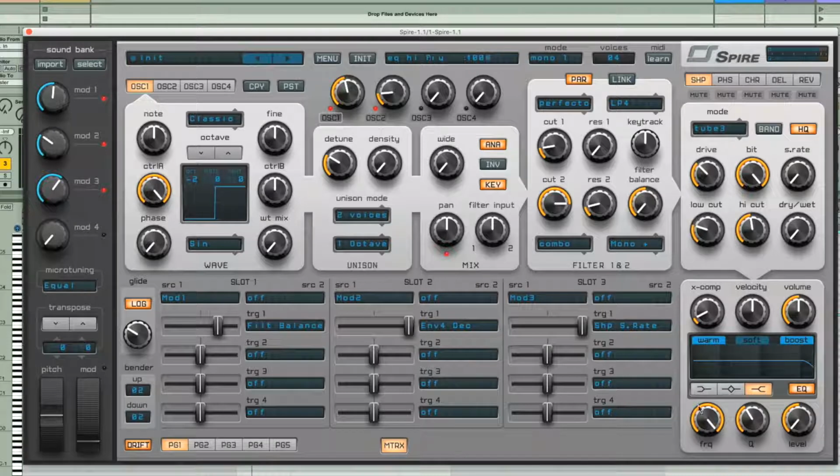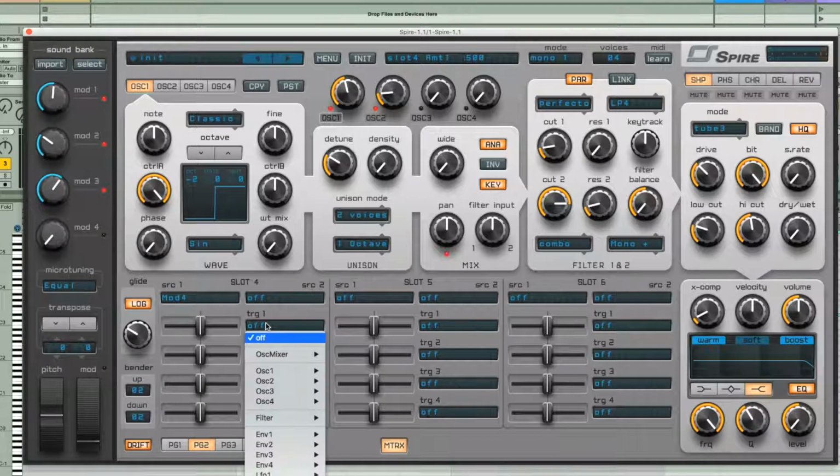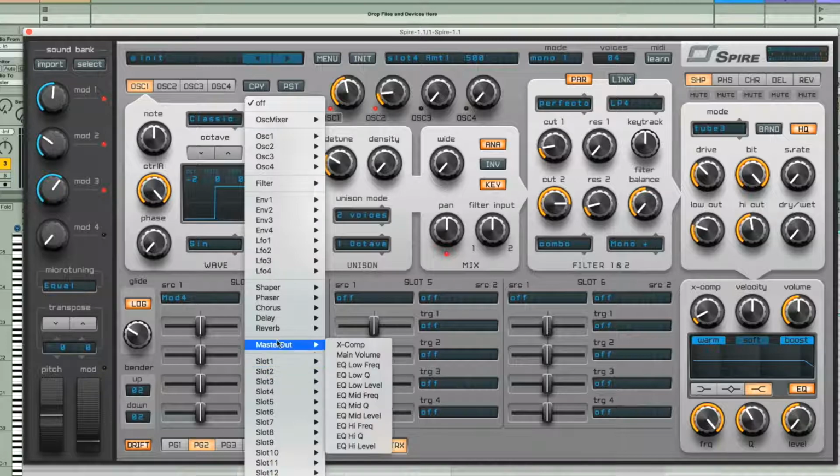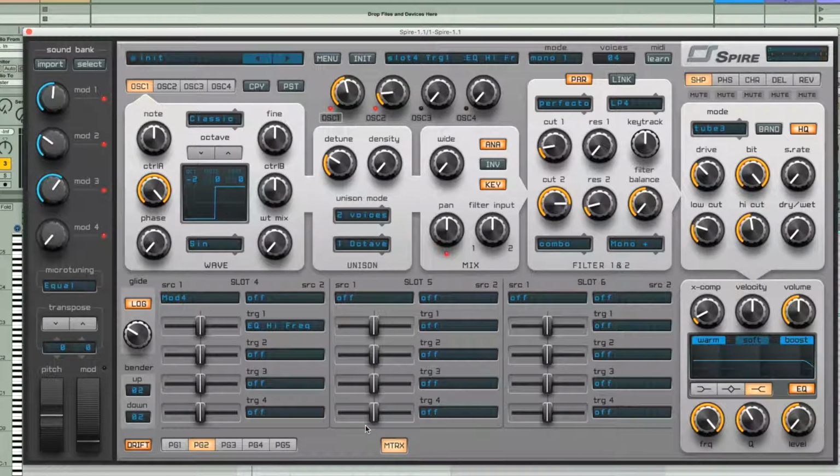So now let's map to the fourth macro, this filter frequency, or rather this EQ band frequency. So that's master out, EQ, high frequency, and turn that one up, turn it right down. So there you go, we have our 4 macros mapped there,